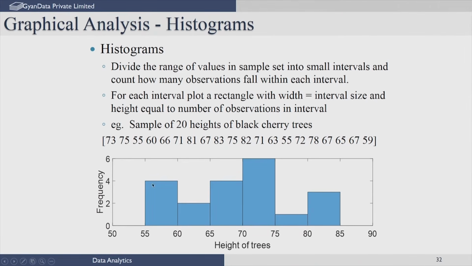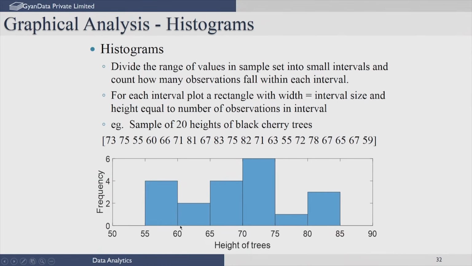We find 4 trees with height between 55 and 60, which we can easily see. There is one data point here, a second data point here, a third data point here, and the fourth data point is 60. So, the 4 data points lying between 55 and 60,